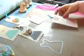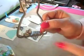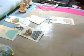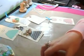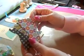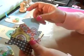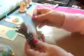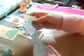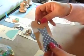then I took our framelit die, the dress one with the frills on the bottom. So I ran it through my die cutting machine 50 times and came up with all kinds. I used all of my leftover cardstock, my little pieces and parts, so this is really good for that. So you get all of your DSP, and it's double-sided, so you can choose whatever side you want to use. And then you're going to take your long